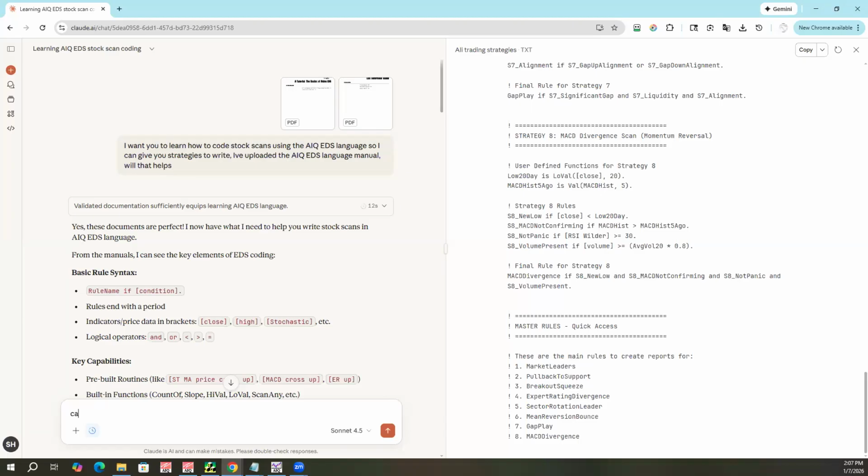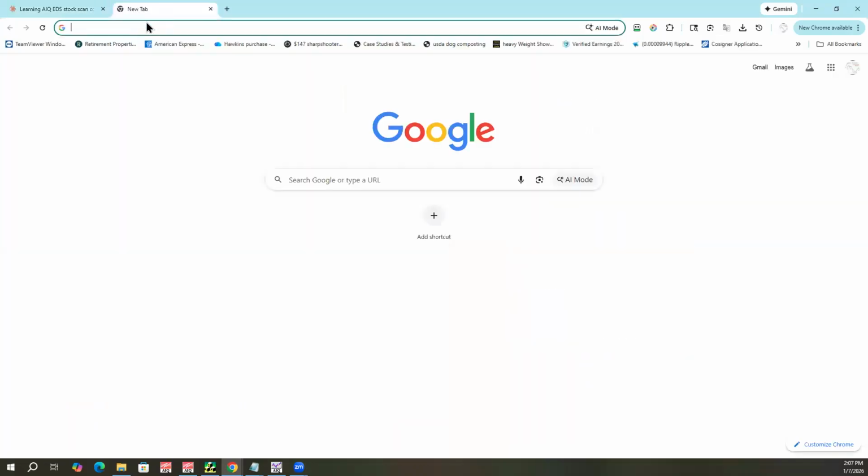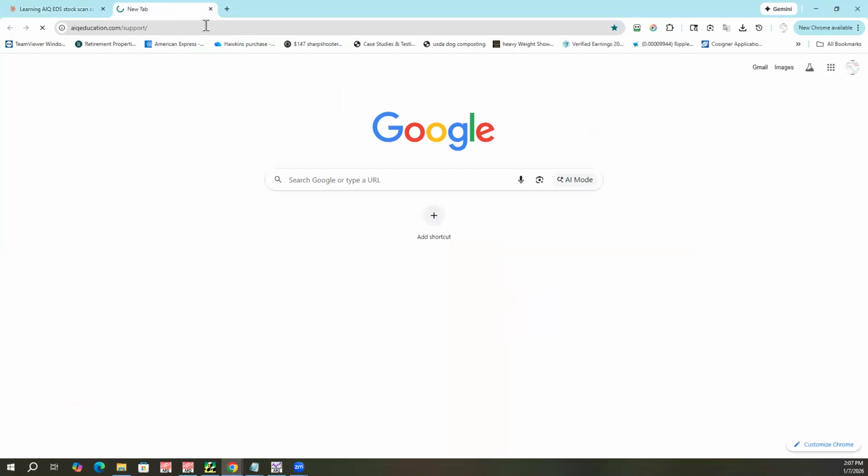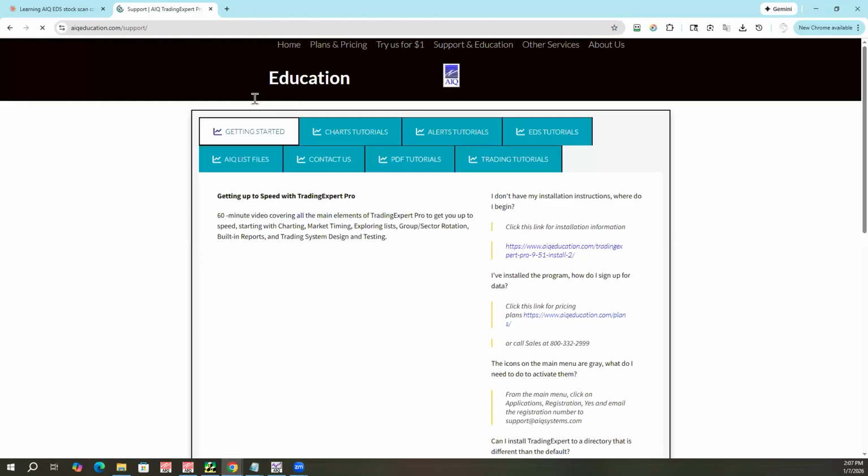I uploaded, and you can do the same thing, PDF copies of the Expert Design Studio manual, and the second thing is the examples. There's kind of a compendium of Expert Design Studio files to show how different functions work. Let me just illustrate real quick where you can get this. If you go to the AIQ support site,